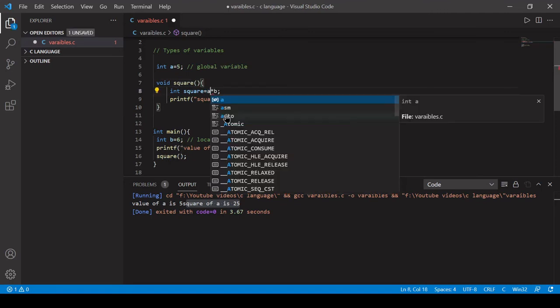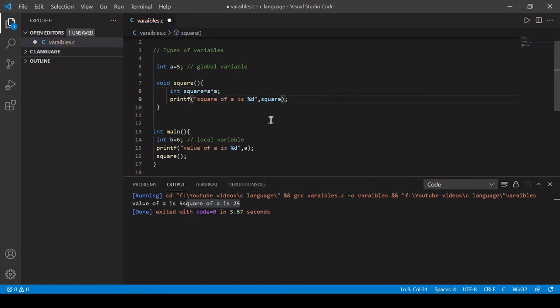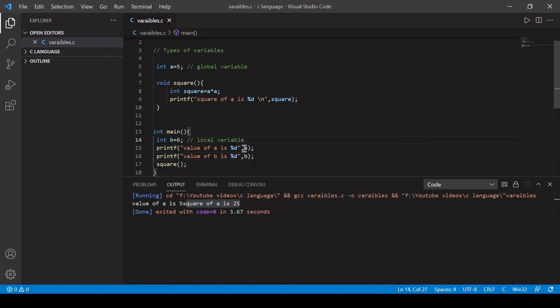So let's write a only, and let's give a new line here. Now let's see whether the b variable is accessible in this function or not. So let's write printf, value of b is percentage d, comma b. Let's give a new line here also.